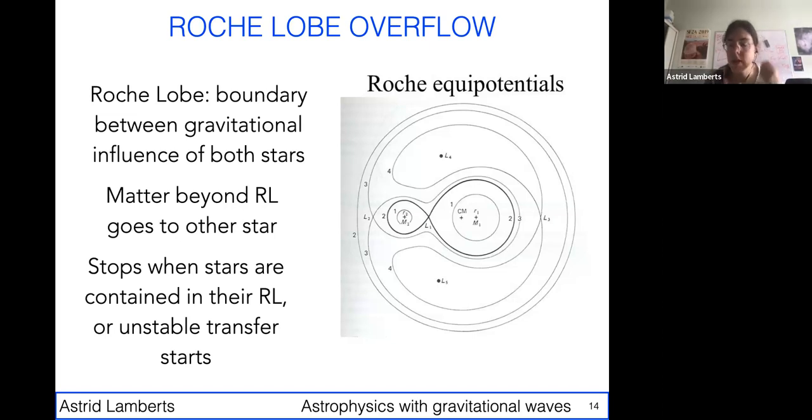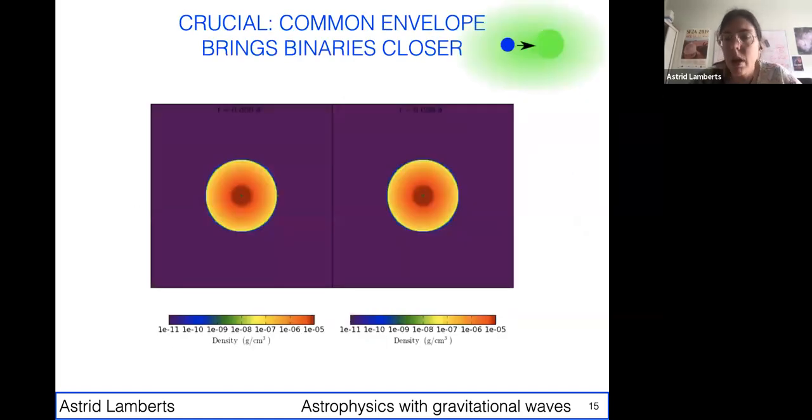However, if you're transferring mass and your star cannot really adjust to the mass transfer because it changes its structure, it is often the case that your star will get even bigger. And so as the mass transfer is happening, the star gets even bigger, the mass transfer gets even bigger, and this is a runaway process. Then we have what we call a common envelope process, which is unstable mass transfer, which happens on much smaller timescales. And so this common envelope phase is likely a crucial ingredient in how binary compact objects get to merge.